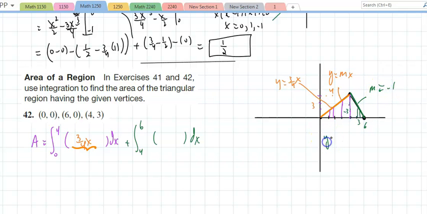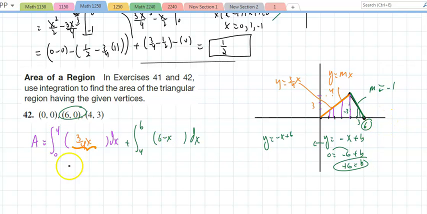So it is y equal negative mx plus b. I need to find b. I'll take the point 6, 0, and I'll say y equals 0 when x equals 6. So b equals 6, which means the green line has the equation y equal negative x. Oh, it's plus 6, right? When you move it over. So it's 6 minus x really. So this would be